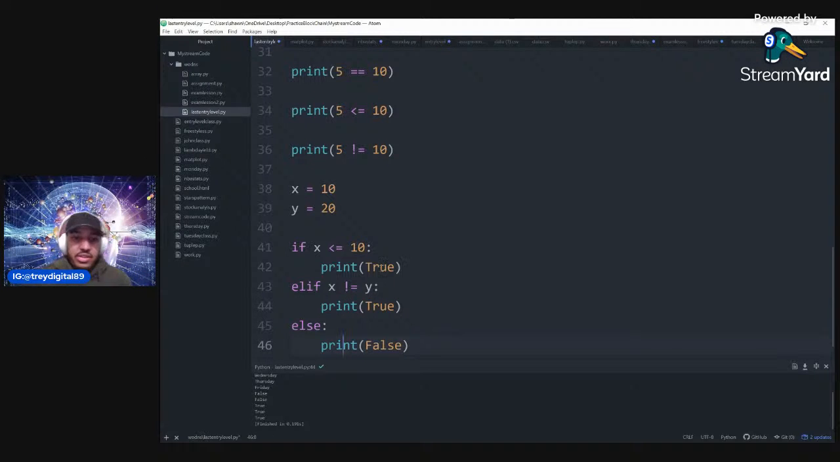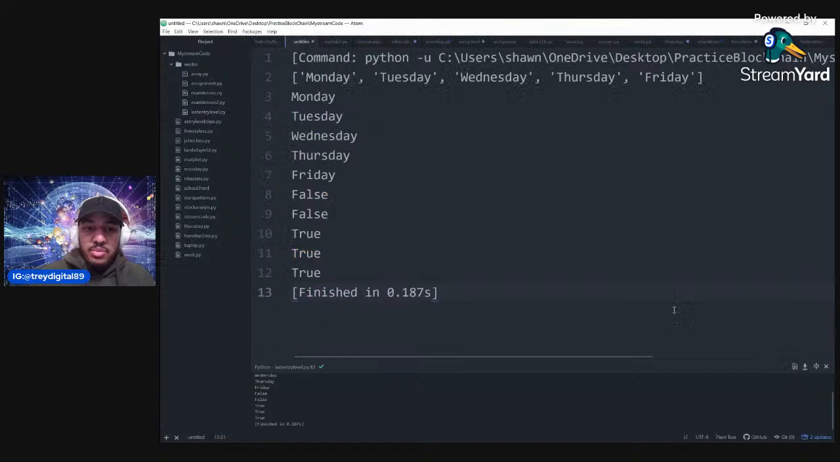print true. Just print true. Else print false. So what we got here? So we put if x is less than or equal to 10, print true. Else if x is not equal to y, print true. Else print false. So that's gonna print true as well, because